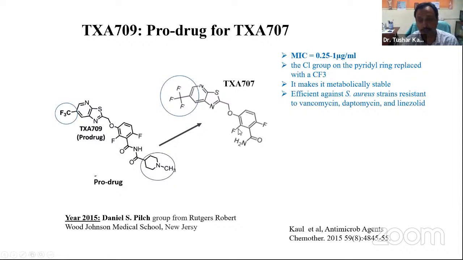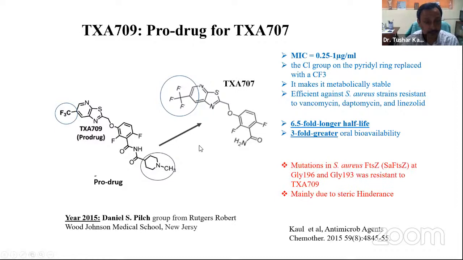It is not a prodrug for PC190723, but it's a prodrug for TXS707. In the same paper they showed that it is quite an effective molecule against many different resistant bacteria. Now this product has a 6.5-fold longer half-life. That means it can stay longer in the blood, and it can continuously supply the drug molecule for a longer time to the blood, and it also had threefold greater oral bioavailability.